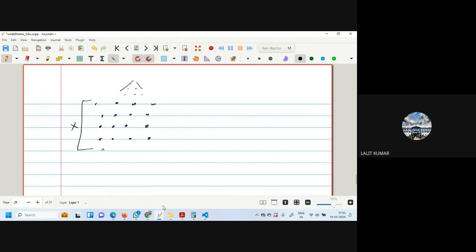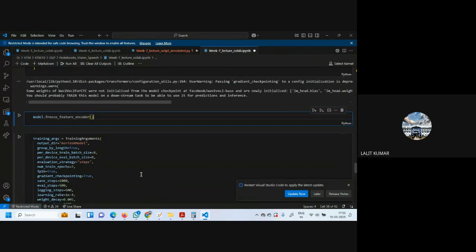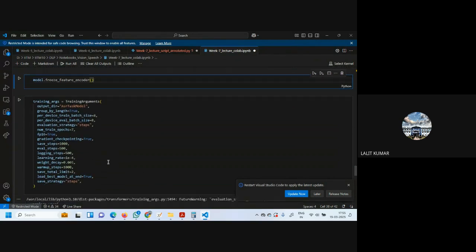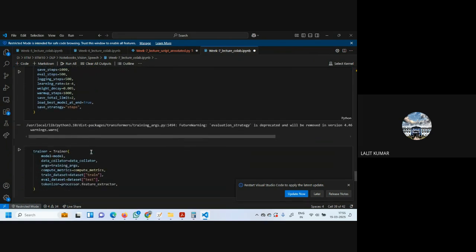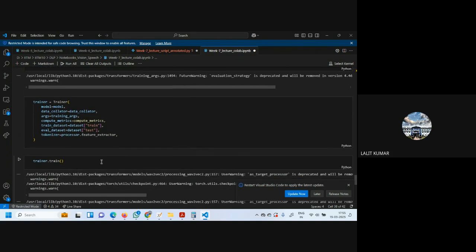That's the meaning of freezing this. And then we make the training arguments, batch size, per device eval size, what the different metric points are, and then we define the trainer, and then we train. I think it is straightforward, like all of us have done in NLP 2. So the steps are quite clear.